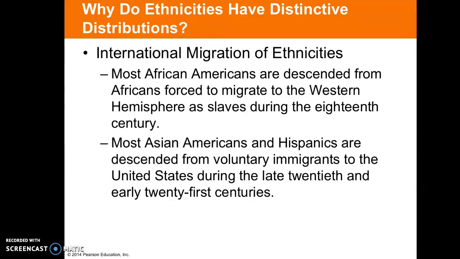So today you can still trace, not all of, but many, we have more African Americans distributed in the southeast of the United States. And that's where the majority of African Americans were forced here into our country through slavery. And so you can still see the traces of that in the modern day distributions.